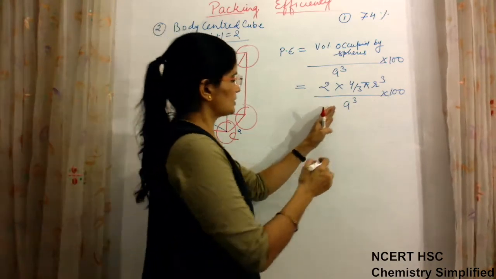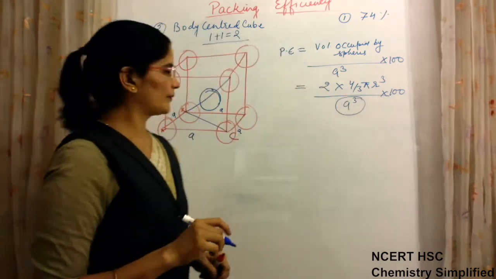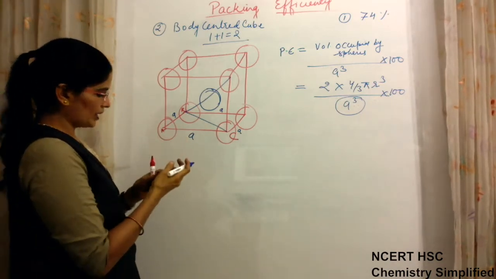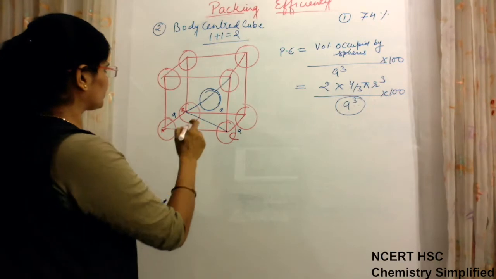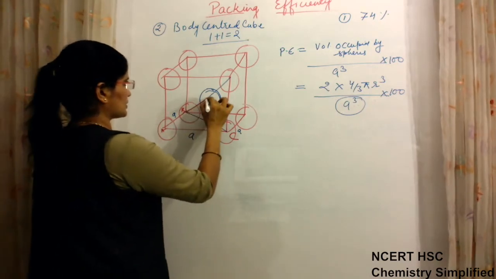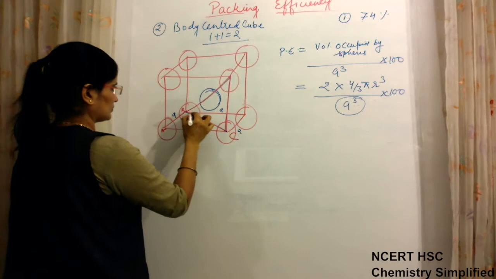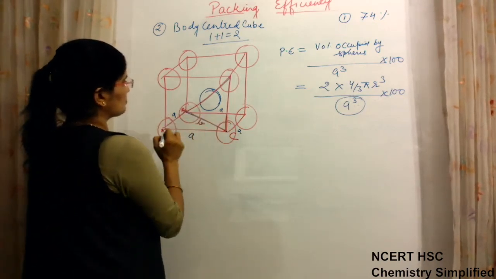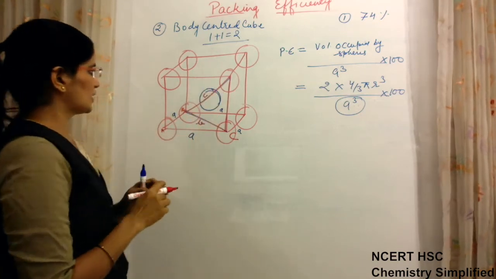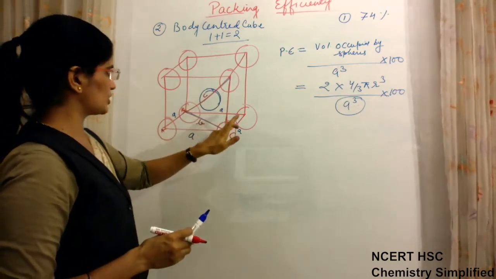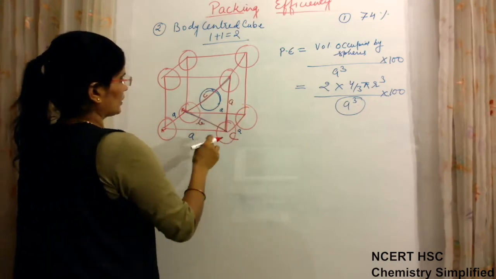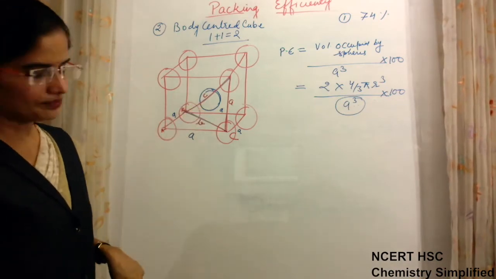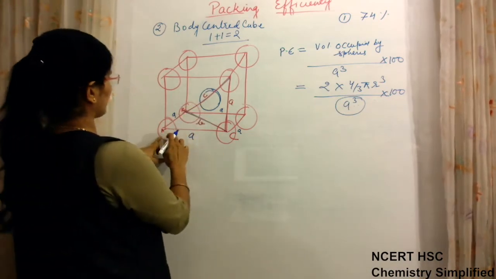Now this a cube we want in terms of r. So for that again we have to do the same process which we have done for face centered. Now we want to know the value of this triangle. For this triangle, suppose if these are A, let us consider this as B and this as C. So we want the B and C values. A is known to us, this is side A. So first we will calculate B and then we will come to C. So let us start with this triangle ABC.